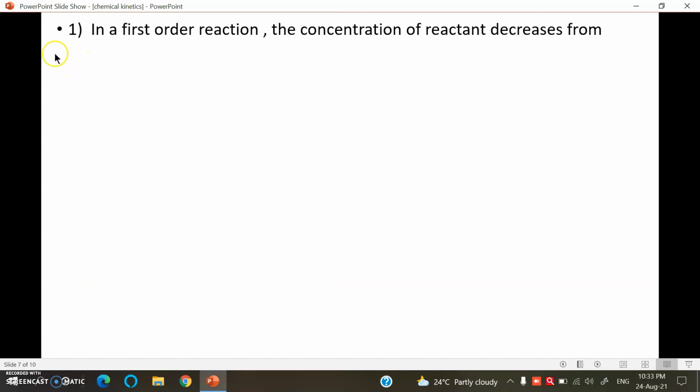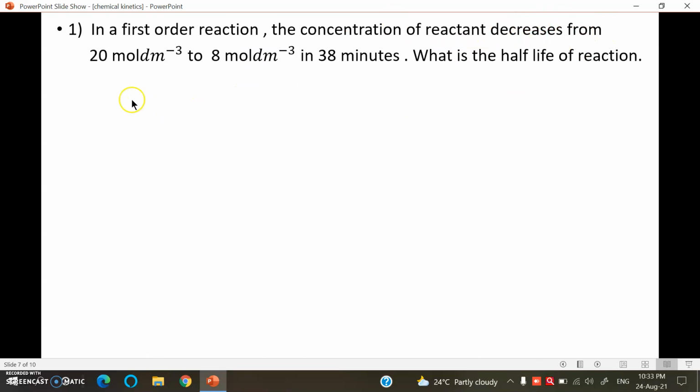First, in a first order reaction, the concentration of reactant decreases from 20 mole per cubic decimeter to 8 mole per cubic decimeter in 38 minutes. What is the half-life of the reaction? Student, solution. In this reaction, the reaction is first order, so we have to use the integrated rate equation of